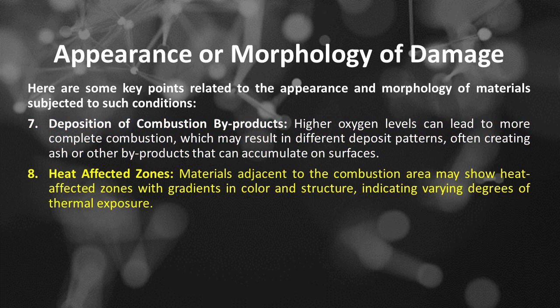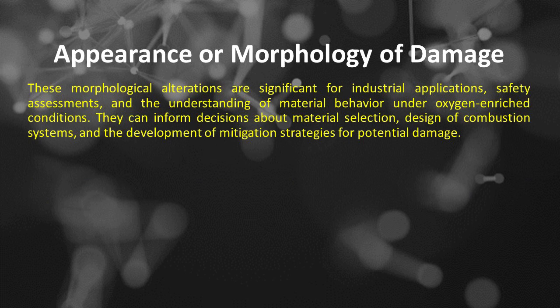Number 8 is heat-affected zones. Materials adjacent to the combustion area may show heat-affected zones with gradients in color and structure, indicating varying degrees of thermal exposure. These morphological alterations are significant for industrial applications, safety assessments, and the understanding of material behavior under oxygen-enriched conditions. They can inform decisions about material selection, design of combustion systems, and the development of mitigation strategies for potential